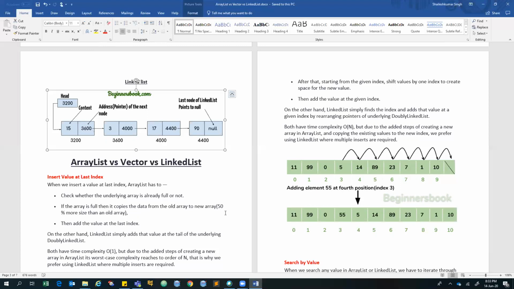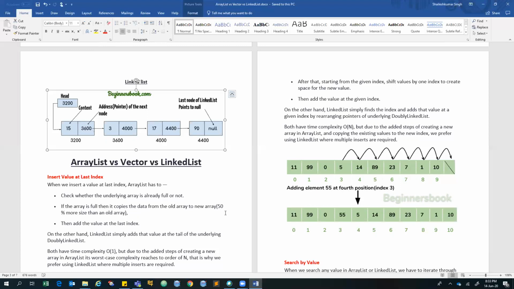with plus size of 50% of its size, means अगर उसका साइज 10 होगा एरे का इनिशियल साइज, तो उसका क्या होगा, 15 साइज हो जाएगा। वो पूरा डेटा जो पहले एरे में था, उससे कॉपी होकर दूसरे एरे में जाएगा, and the last element will be added at its end. So this is how it works.